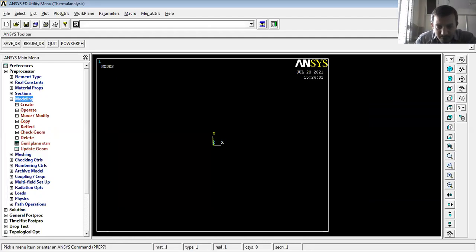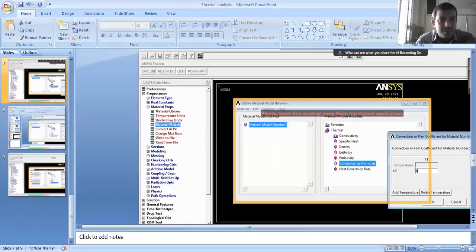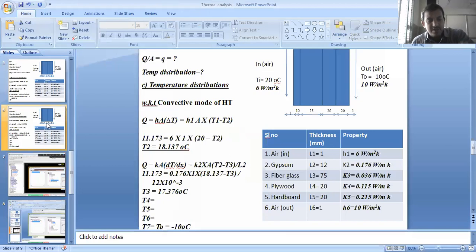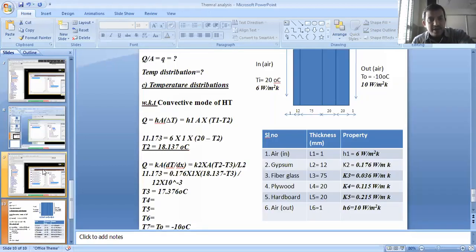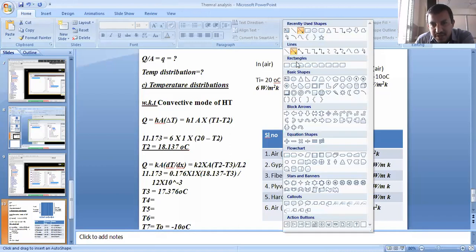Now, before going to the model, tell me: directly we go for create finite element model here because it's a one-dimensional problem. Directly we go for create the nodes and elements. Now, how many nodes are required here? How many nodes are required? I will come to that.